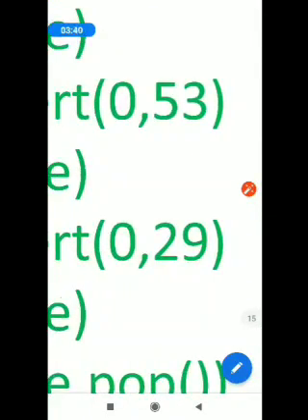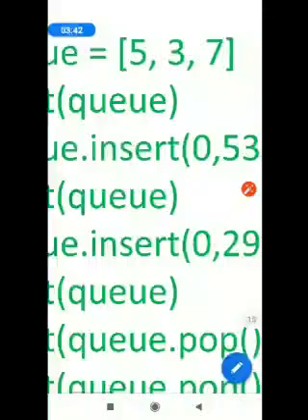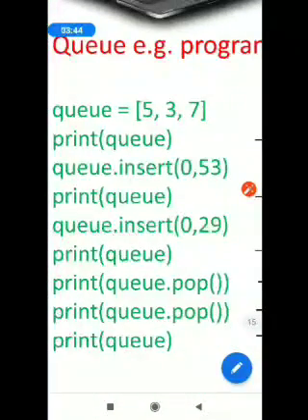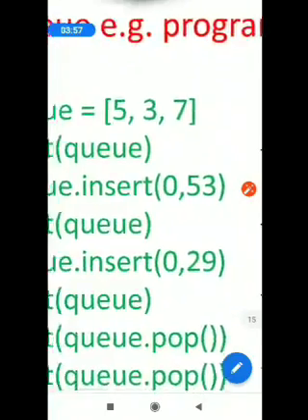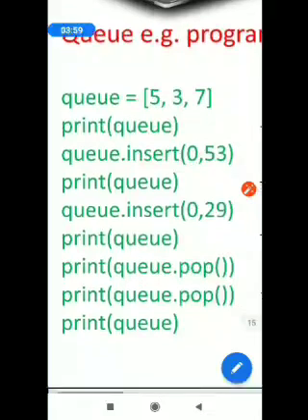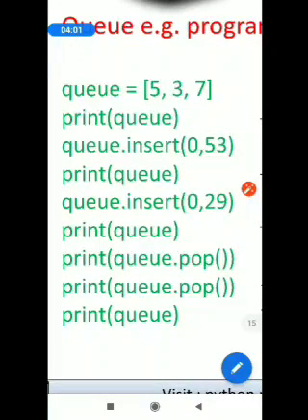Insert method is taking 2 arguments. The first argument says at which index location you want to insert the data, and the second is the data value itself. So you have to provide the index location and the data.